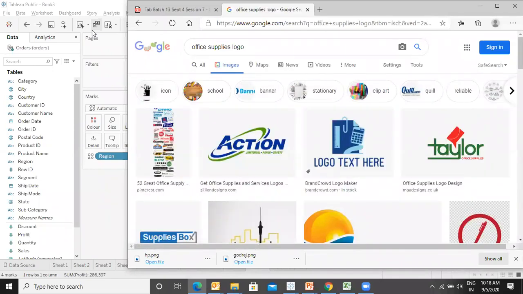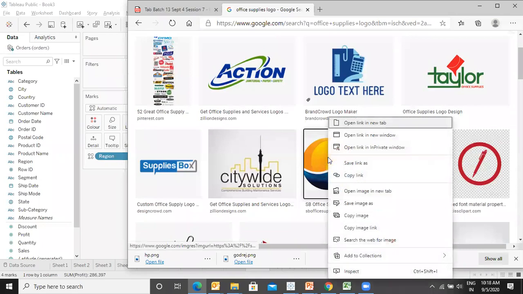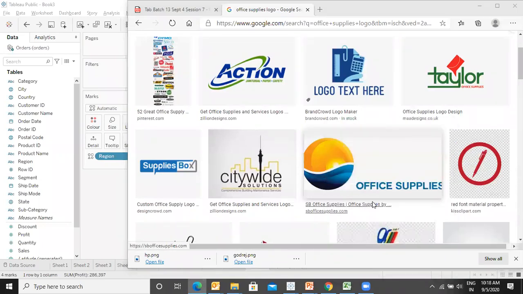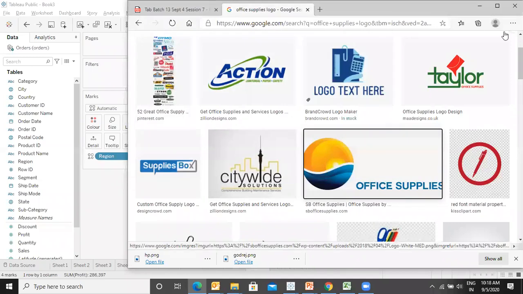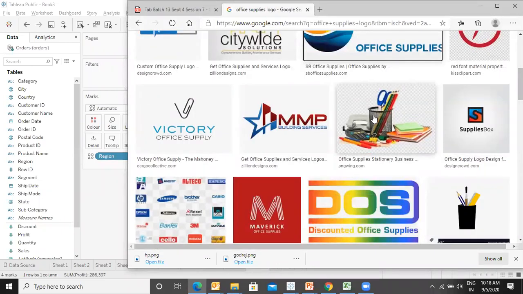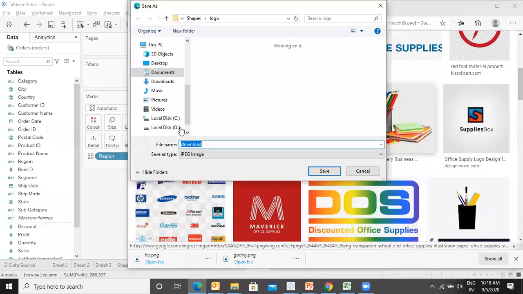So let's make, suppose, office supplies, this one. Save image as. Now I think it may not come, it is a bigger image, so let's take something else. This is save image as. Let's see if it's office supplies OS.